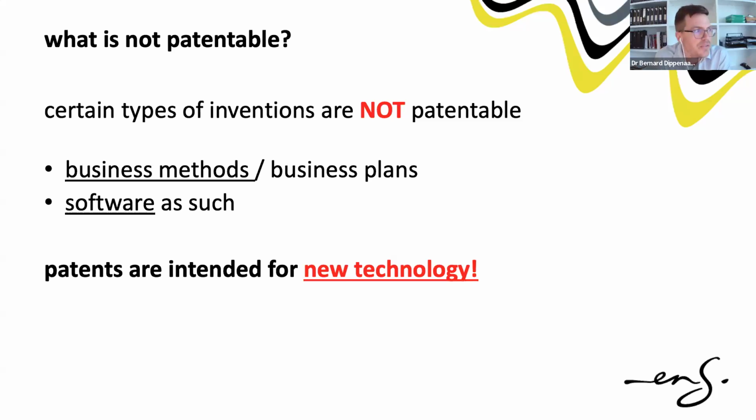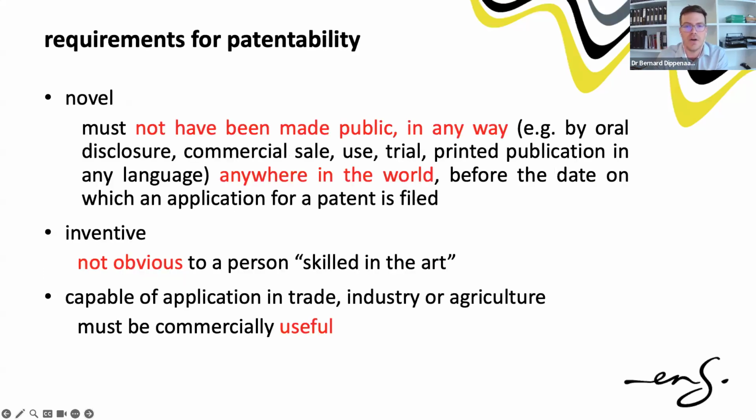And that's typically because the software or the code is protected by copyright. So you basically claim the underlying technology and the overall system when you incorporate software or business methods into that technology. And it is very important that patents are for new technology. Now, our act, and this is also harmonized across the world, says you can only patent something and protect it with that patent application if it adheres to these 3 requirements. So the first one, and if there's anything to remember today, I feel this is a very important takeaway, because I have clients coming to me with